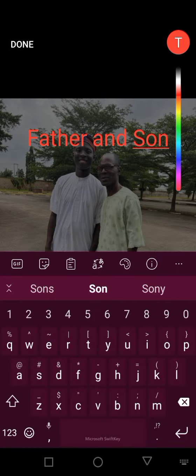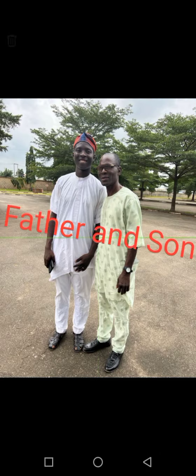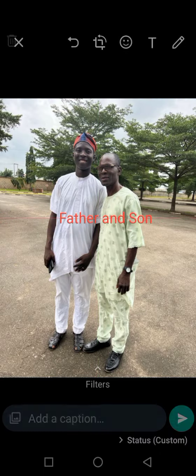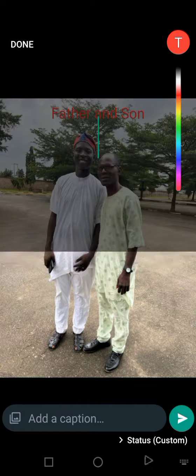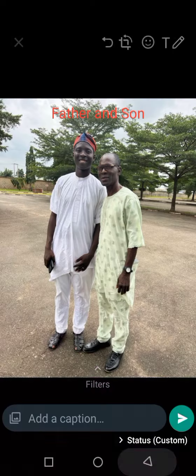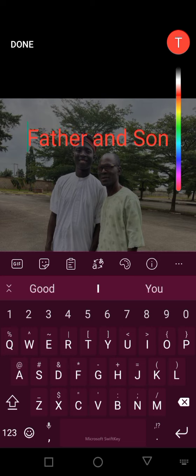Sometimes you can change the color, you can increase the text, but now there's a beautiful thing you can do with it, which is you can decide to change the font, and that makes it beautiful. So what do you do? You click on the text here, then it gives you more beautiful fonts. Isn't that lovely? It's going to make your text look very beautiful.